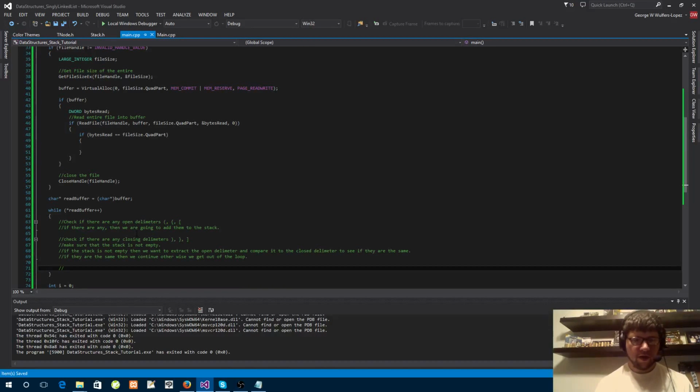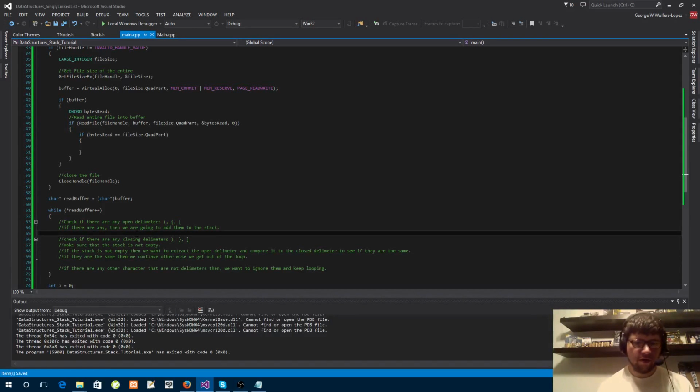And if there are any other characters that are not delimiters, then we want to ignore them and keep looping, right? So that is what we're going to do. So the first thing we should do is this. So if the read buffer is any of these,